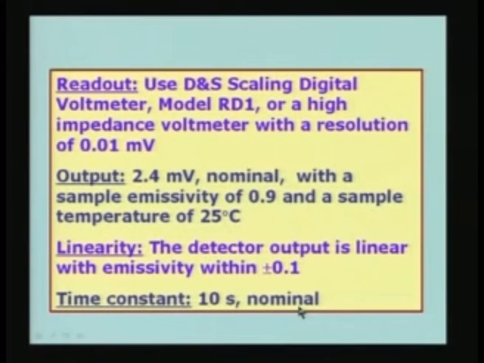So, to recapitulate, we have looked at the various ways of measuring the reflectivity, and then we have discussed two methods of measuring the emissivity specifically. One is the cooling rate method or the cooling curve method, where we allow the surface to cool in vacuum, because in vacuum the heat transfer is purely by radiation, and by parameter estimation methods we are able to find out the emissivity of the surface. And then we have also discussed a portable emissometer which directly measures emissivity by a readout kind of arrangement.